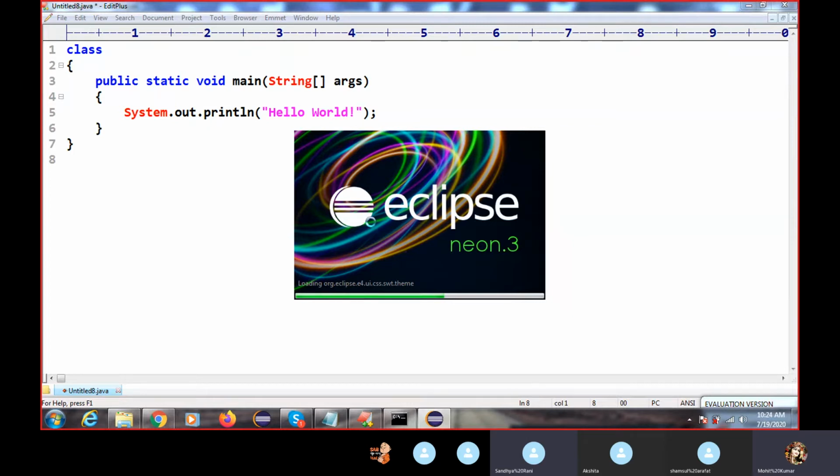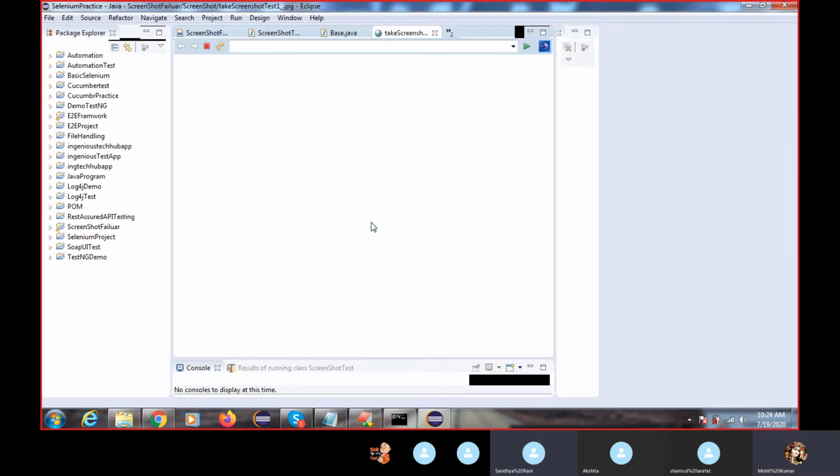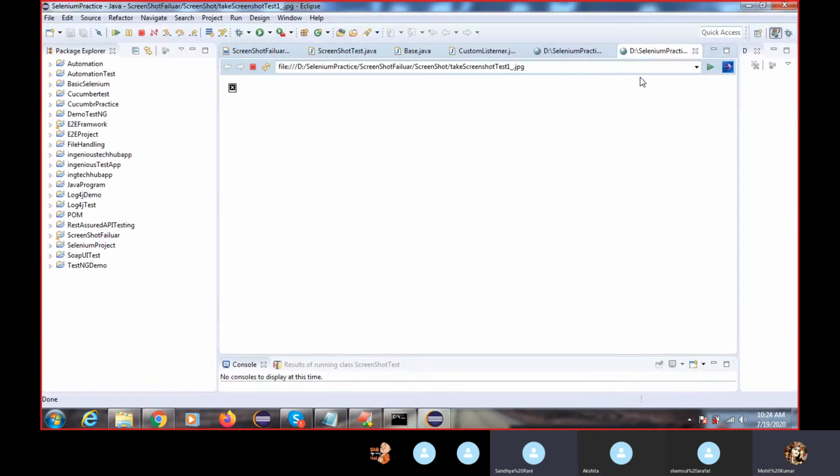During automation testing, we have to create our logics. A developer creates logic, but in automation testing only the name is testing, and you have to write the code. The automation testing profile is only named testing, but you have to write the code. Before, the market was different; now the market is different.